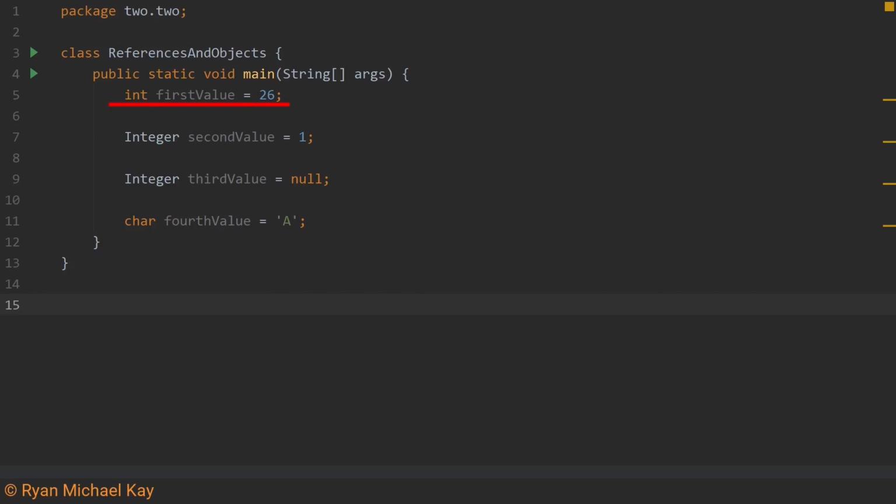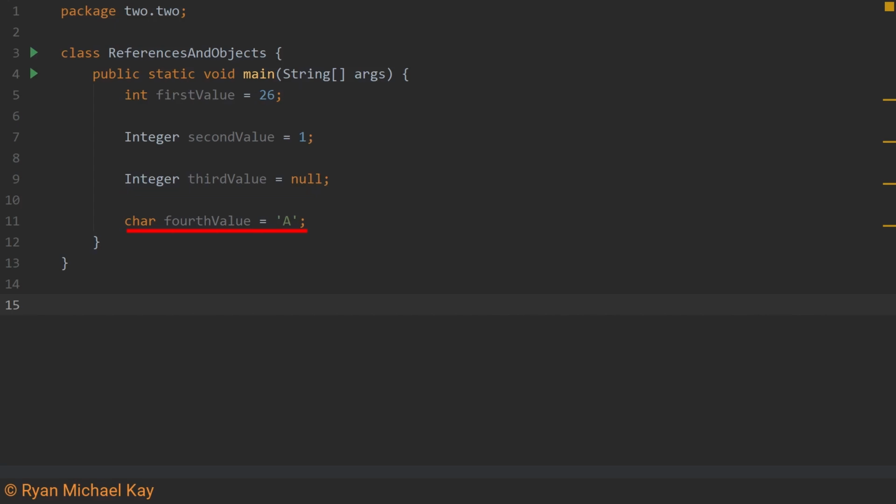This first line creates a variable called firstValue, which is of type int. Since this type starts with a lowercase, it is a, take a guess, primitive type. This second line creates another variable called secondValue, which is of type Integer. Since it starts with an uppercase, we know it is a, this one should be easy, reference type. This third line, age3, creates another Integer reference variable, but something strange is going on, which we will talk about in a moment.